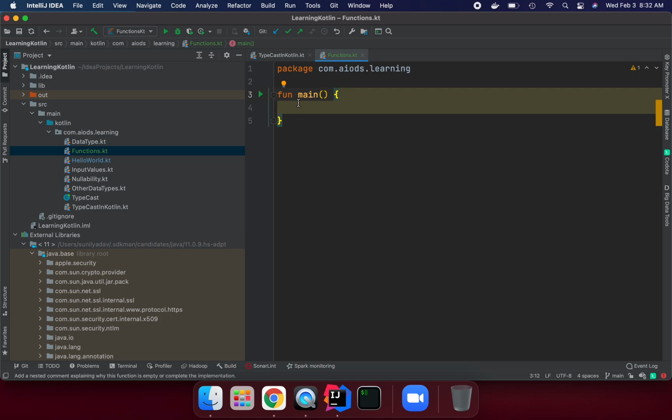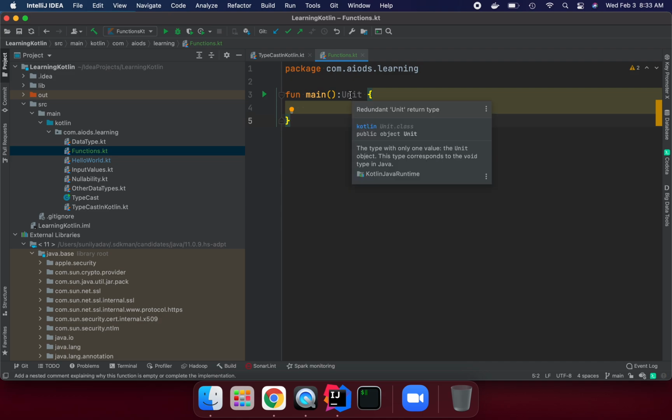But you can see I'm not giving any private or public specifier. By default, methods are public in Kotlin. All the methods are public. If you put them at top level, without a class, or inside a class, they belong to class level scope or package level scope. So I'm going to write a function without parameters, and we can see it's hidden. We are not declaring explicitly what the return type is, but we can see the return type is Unit. But this is saying redundant Unit type. We don't need to declare it.